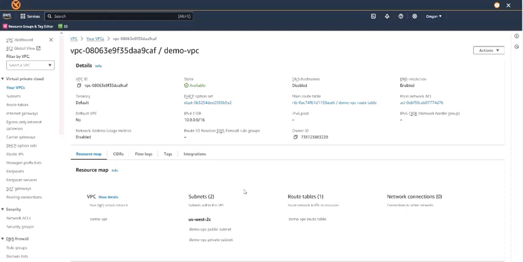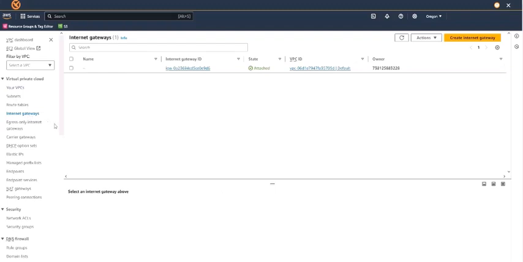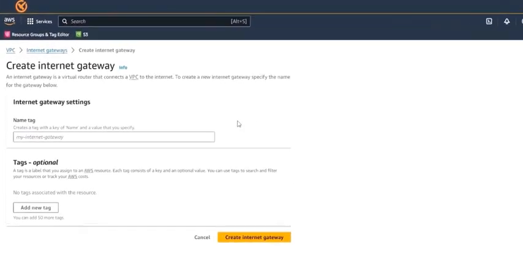And then to allow our demo public subnet to accept traffic from the internet, we need an internet gateway. So let's create one. We go to Internet gateways, that is here, and select Create internet gateway.